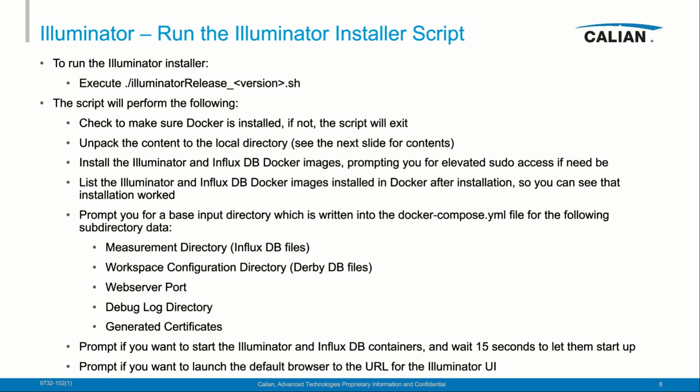It's going to check to make sure Docker is installed, and if not, the script will exit. It'll unpack the contents to the local directory, and we'll see the contents on the next slide. It will install the Illuminator and the InfluxDB Docker images, and it'll prompt you for elevated sudo access if need be. And it'll list the Illuminator and InfluxDB Docker images installed in Docker after installation, so you can see that the installation worked. And it'll prompt you for a base input directory, which is written into the Docker Compose YAML file